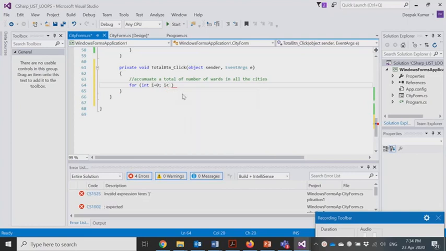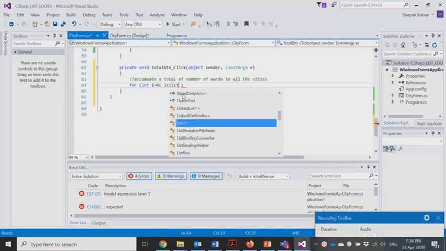So here we put a semicolon, and then we say the condition is till i is less than, and here obviously we'll make it dynamic. You can say that i is less than 5, yes, you can do that, but we'll try to also make it flexible so it can have less than 5 or more than 5 number of cities. So it will be left to the discretion of the user to have as many cities of data as they like. So rather than having it as 5, we will keep it dynamic. So we will say i is less than list box